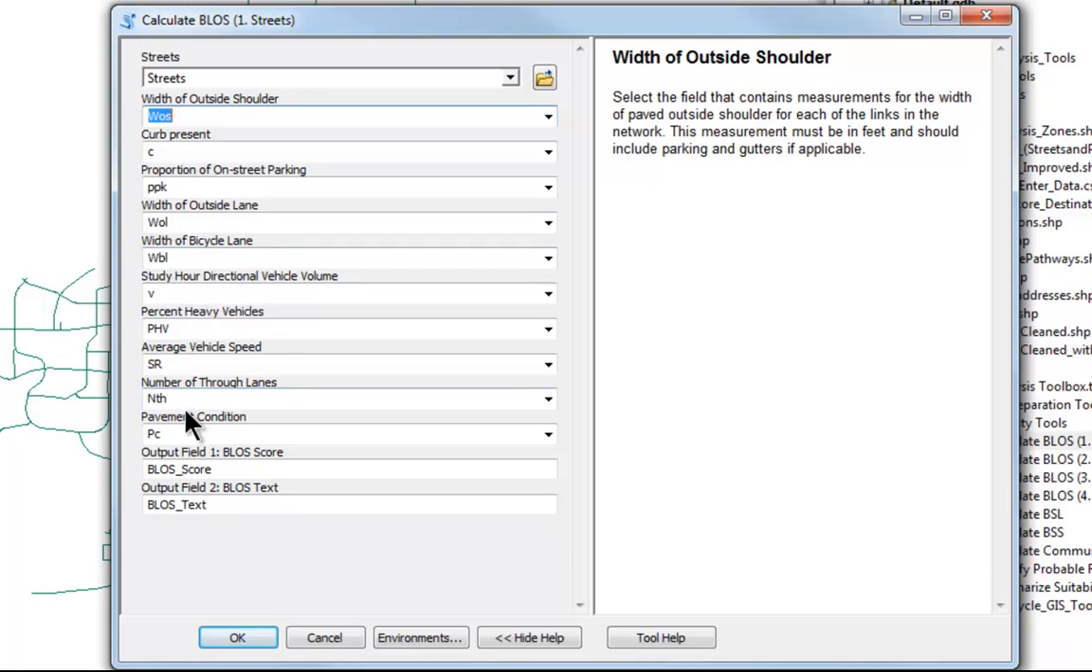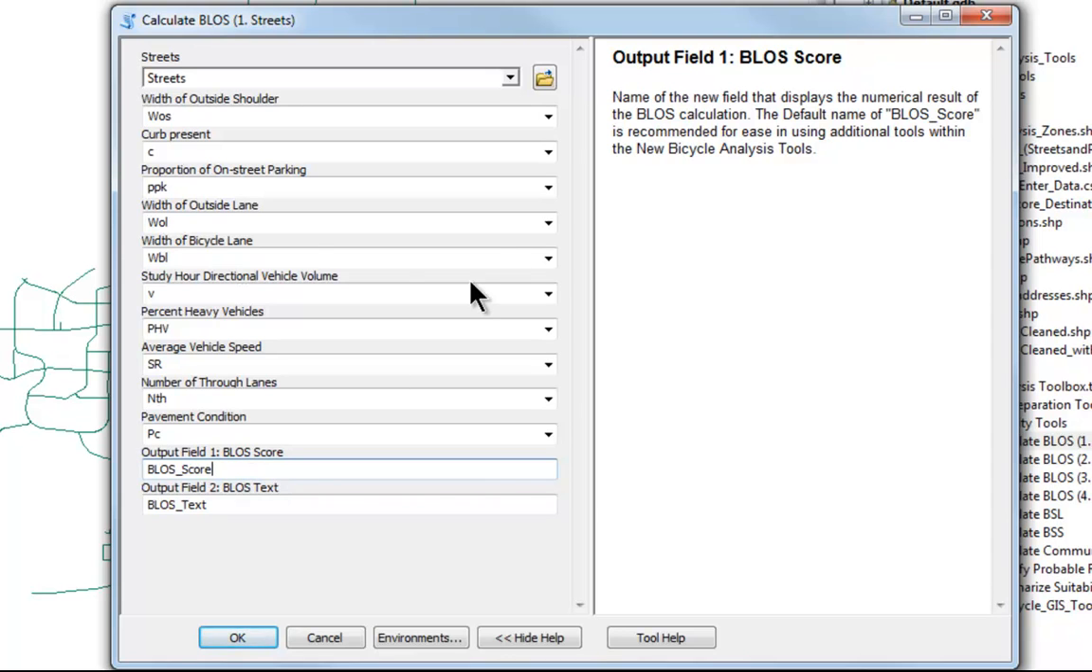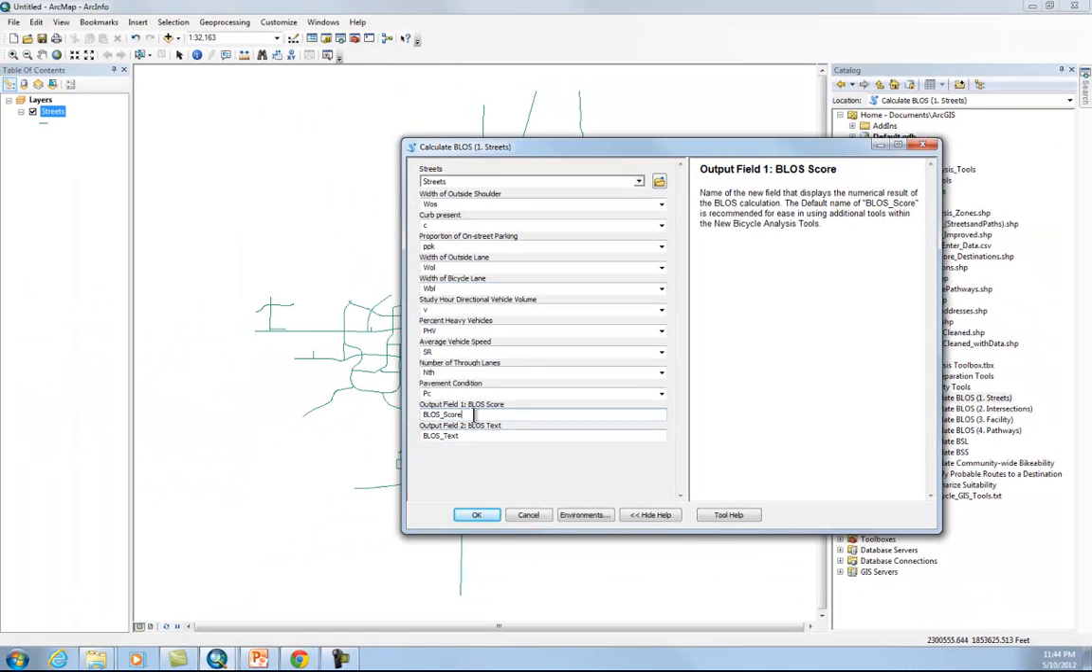Since everything has the default value, I'll keep it that way. And then the output field, I'll also leave it as the default BLOS score. But again, I could call this BLOS score 1, which would maybe be for scenario 1. And then I could go in and change the width of the bike lane, for example, and then call it BLOS score 2 and have a different score output for a different bikeway system, for a different street system under different conditions. Now that I have all of the input there and all of the output defined, I'll click OK